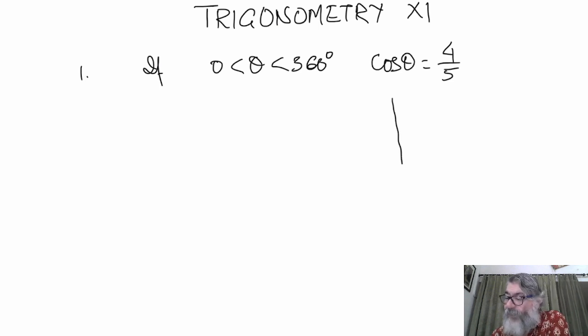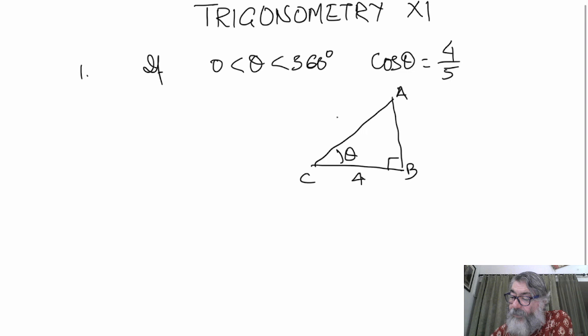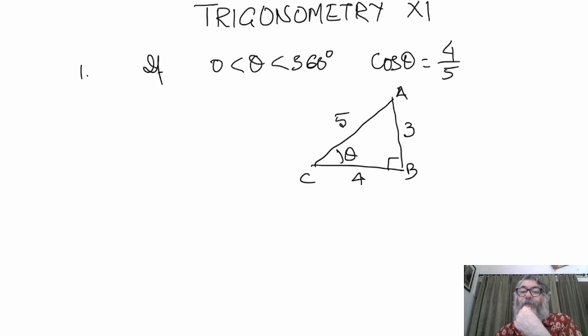Let's make a right angle triangle, suppose ABC, in which this angle is theta. So cos theta is base upon hypotenuse. Base is adjacent, so adjacent upon hypotenuse. So this side will come out 3, that you know. These are Pythagorean triplets. 5 square minus 4 square will be 25 minus 16, which is 9. Square root of 9 is plus 3.